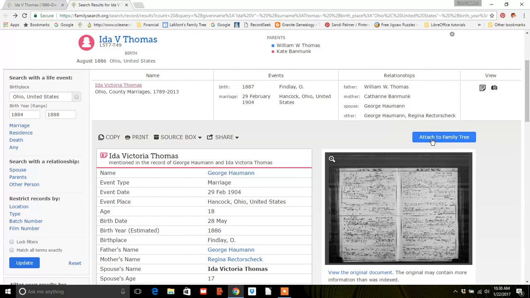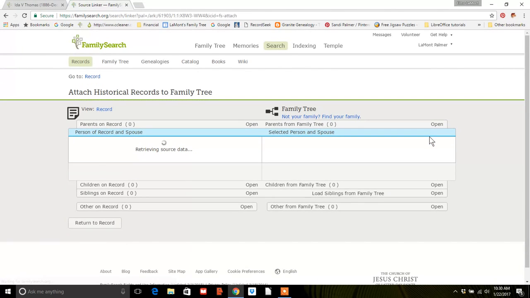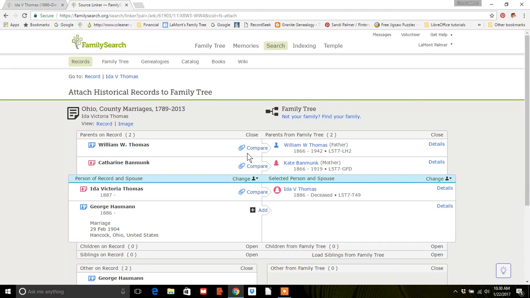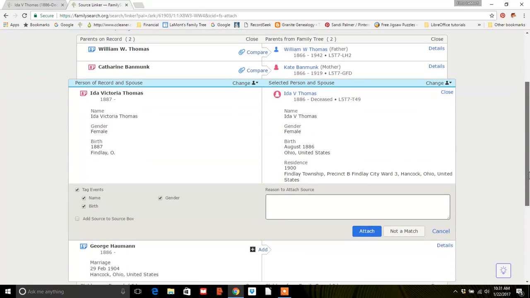But now here it tells me I can attach that record, and I'm sure it's the one I want, so I attach the record. And now this is a sync. Now look, I can compare these data, and when I compare, I'll start with Victoria here. And let's see, I want to write down the information. I'll pull this up here, and I'll say